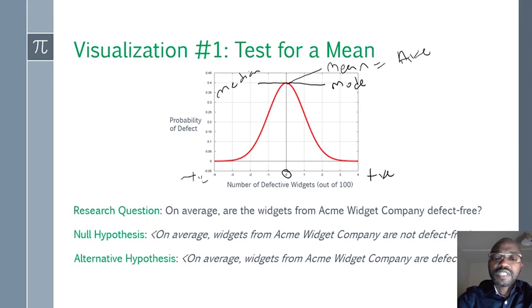And we've written that out as a null here, which is: on average, widgets from Akai widget company are not defect free. We've written it this way because when we write our null hypothesis, remember what I said earlier on, we have to write it in such a way that we're saying there is no relationship, so that when we put in a p-value of say